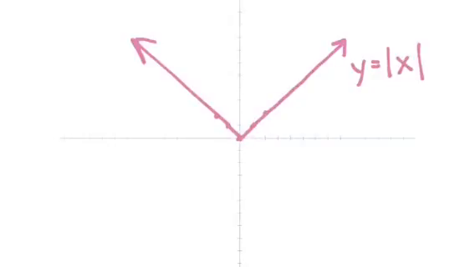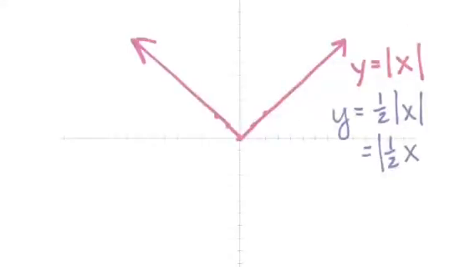Here is the graph of y equals the absolute value of x. If it was y equals 1/2 the absolute value of x, or maybe your 1/2 is inside the absolute value, it wouldn't matter. It would be the same graph. The vertex would stay the same. We're going to go up 1 over 2, because that is our slope, up 1 over 2. And then in the opposite direction, we're going to go up 1 back 2,